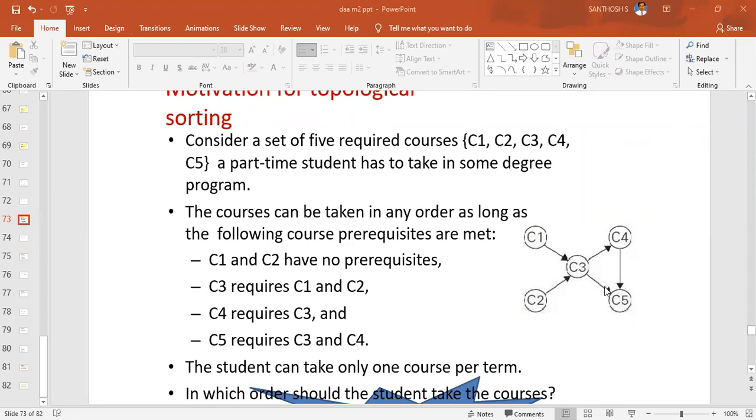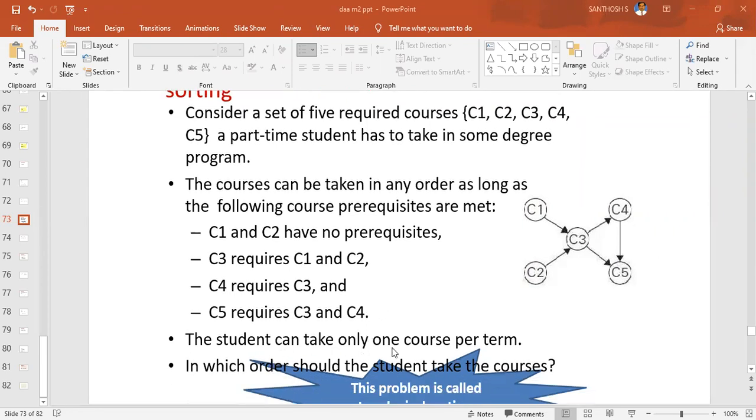To make requirements, you give the incoming edges. C1 and C2 have no incoming edges. C3 requires incoming edges from C1 and C2. C4 requires an incoming edge from C3. C5 requires C3 and C4, so there is an incoming edge from C3 as well as C4.